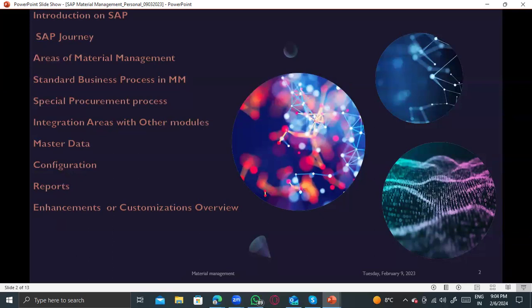How many people know about enhancement and customization? So what is the difference between the configuration and the customization? Anyone have the idea about that? Okay, so the difference is, configuration is nothing but what the SAP standard has designed, which we can